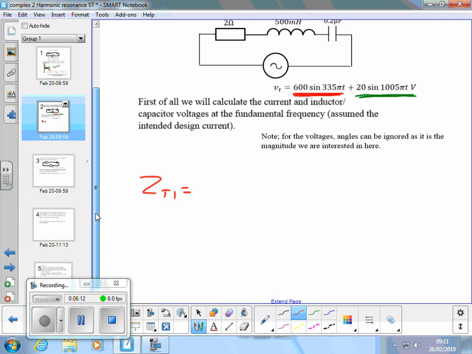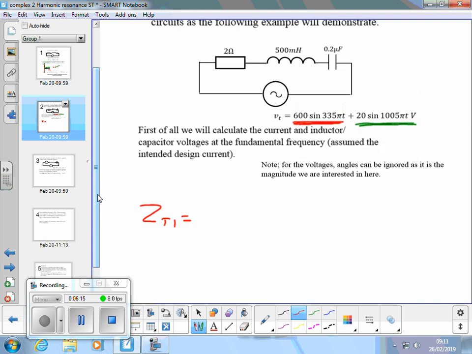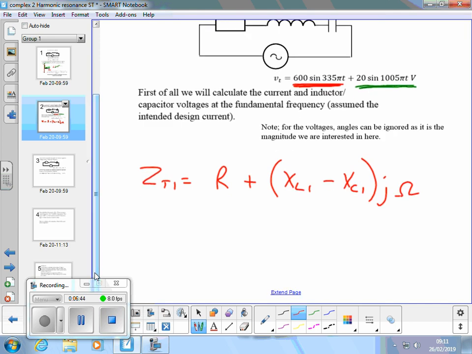We've got to do it from the impedances, haven't we? So it is R, we've got a resistor, plus we'll put XL1, so it's going to be the inductive reactance at the fundamental frequency, minus XC1, all times J. That's the formula. So we need to calculate XL1. That's omega 1 L,